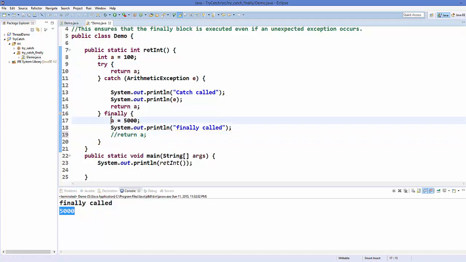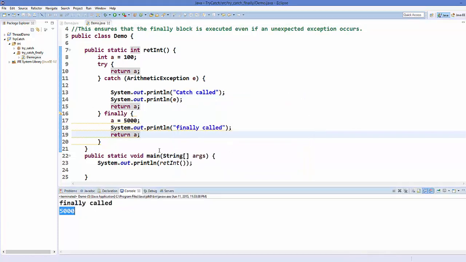So if I don't return from finally, I will save it and it will return 100 like this. But when you return from finally and you want to change the value which you want to return in finally, then finally will override your earlier return value, for example 5000. So I will save this and run this and it will return 5000.